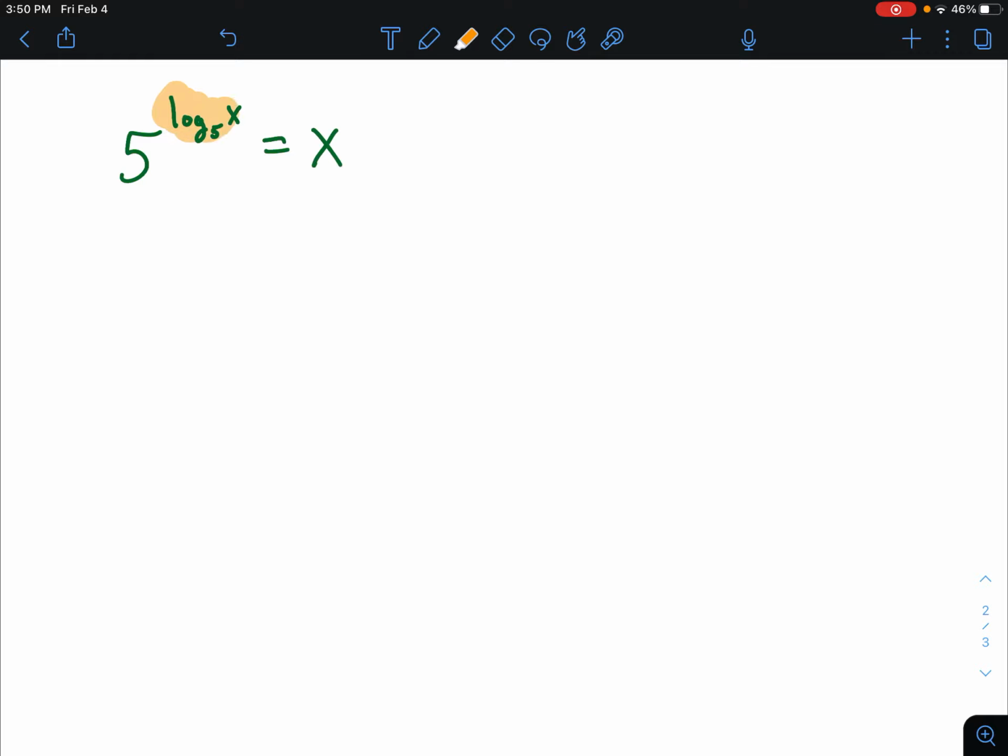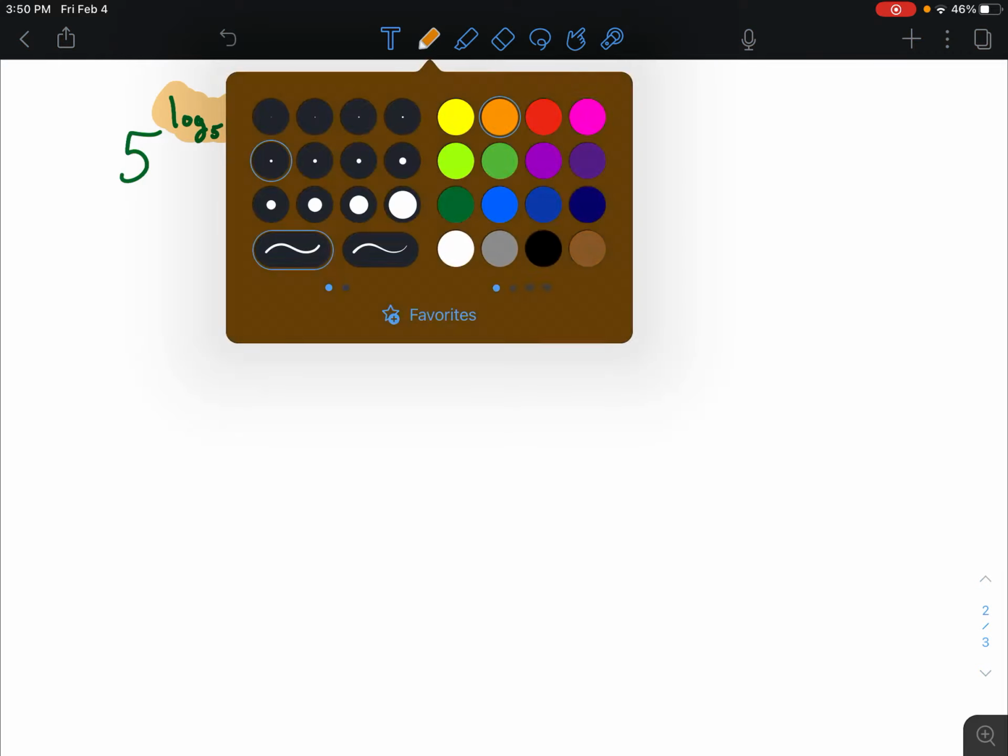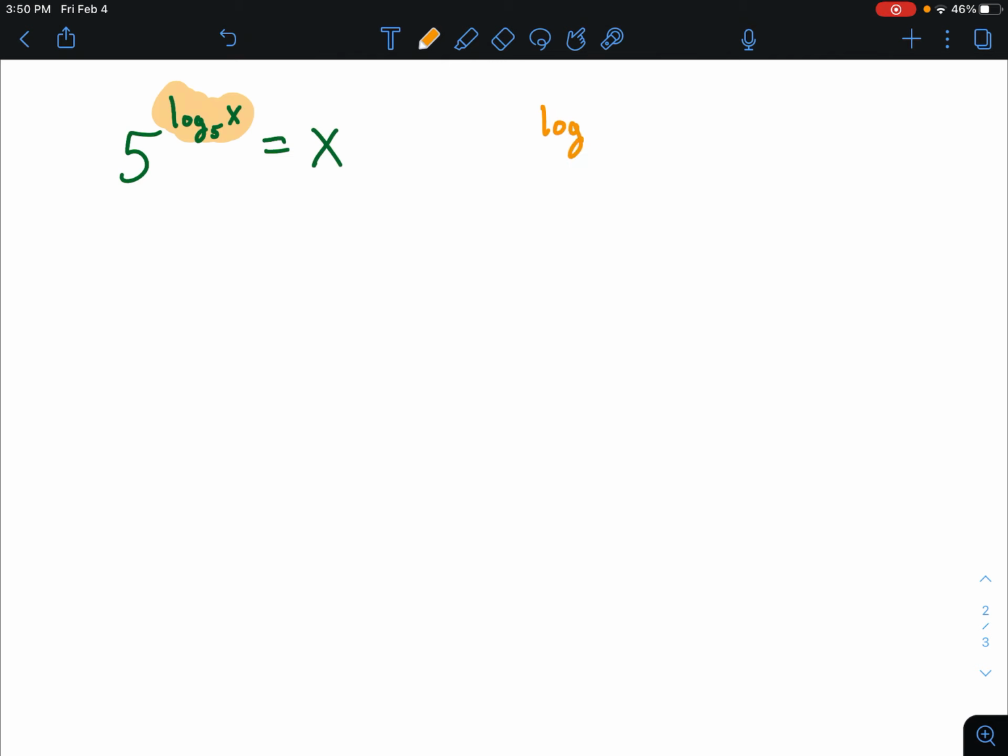So what we have here is 5 is being raised to some power, right? And if we zoom in on what it's being raised to, log base 5 of x is essentially saying this is the number. It represents the number that you must raise 5 to